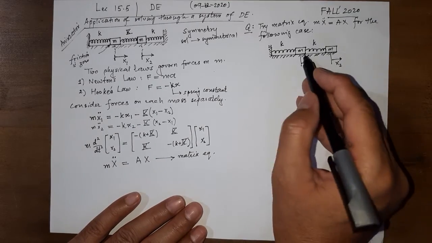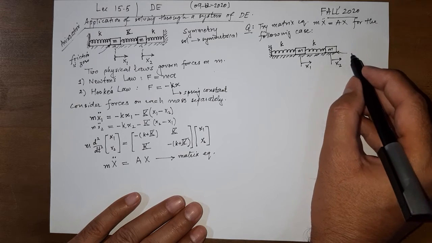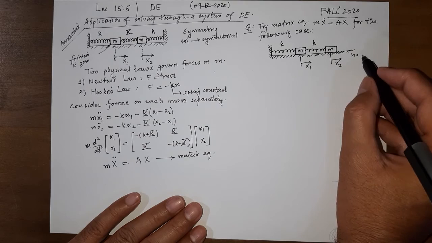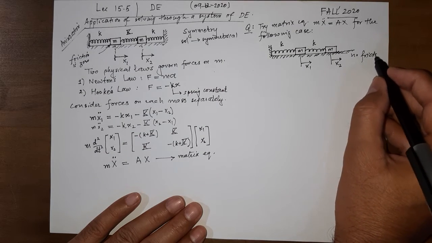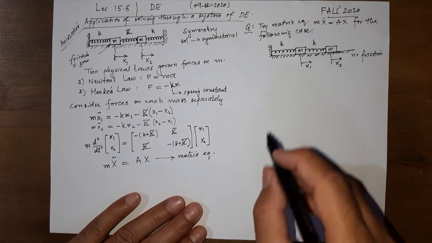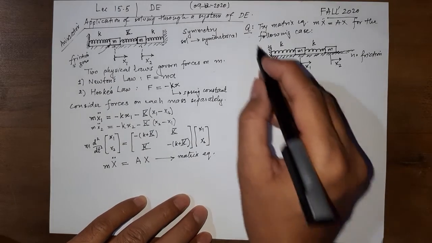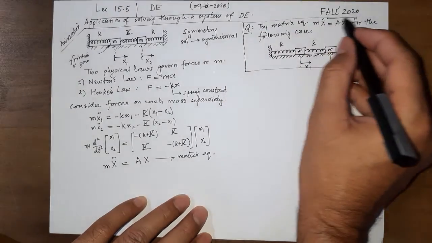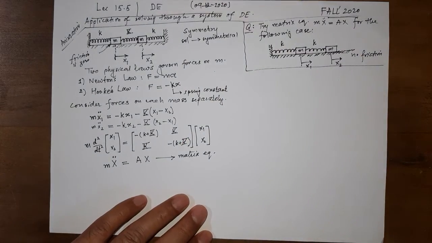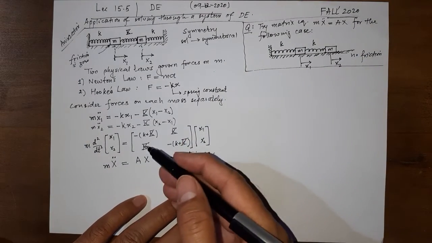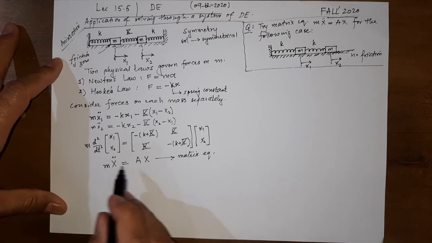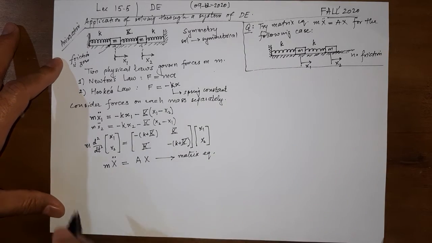Again, it is assumed that this floor continues, because the masses have to move. There is no friction between the masses and the surface. So try solving for this case and coming up with these equations, and if possible, go even beyond this and do the analysis that we would be doing now for that case.